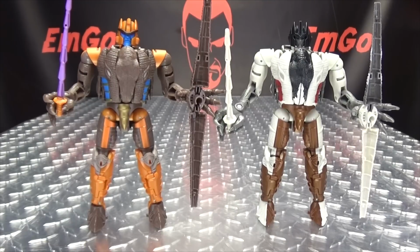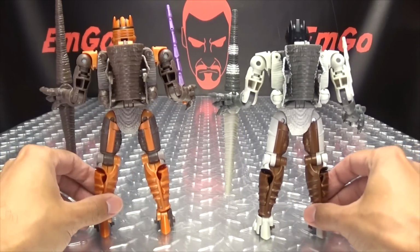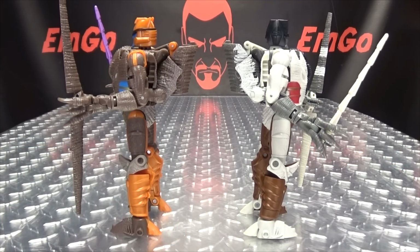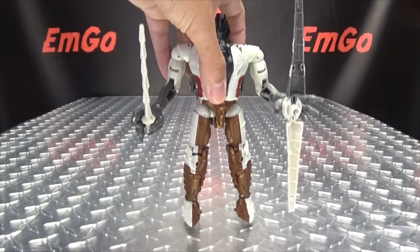And again, you know, the only differences are just the head sculpt and the coloration. Other than that, it's the same figure. But we'll give you the turnaround so you can see who's who, what's what, and where's how. There you go. So that is it for Grimlock, and now let's bring...